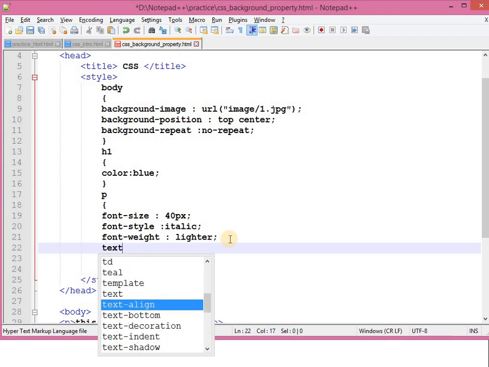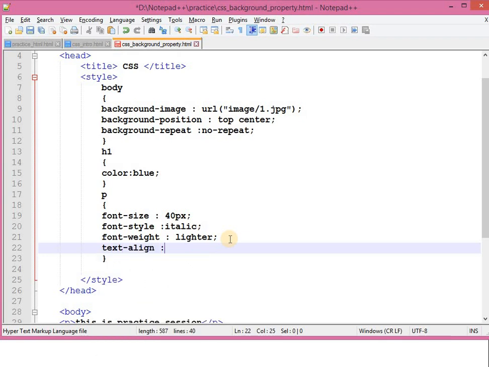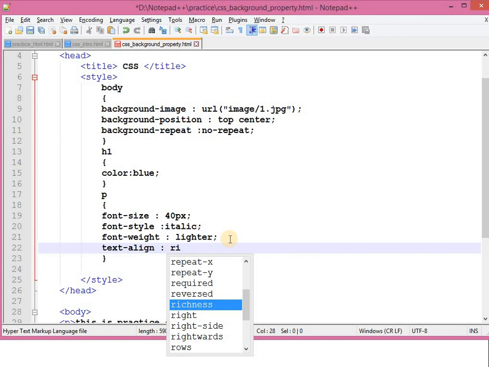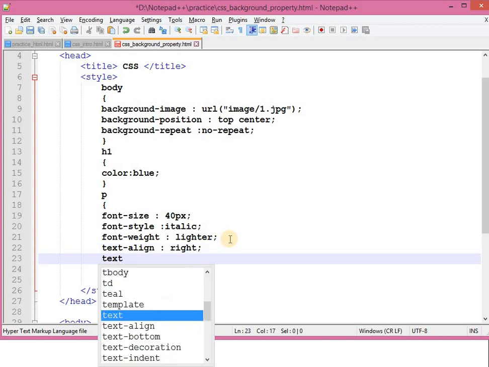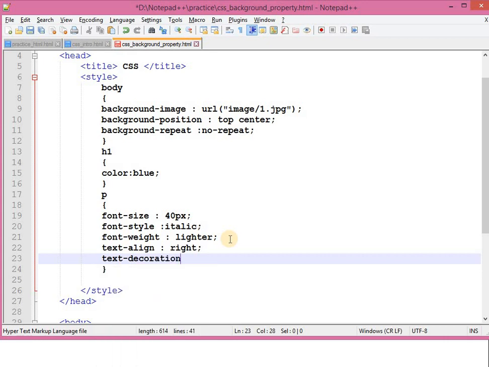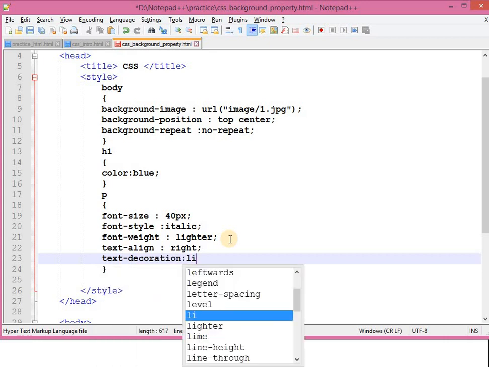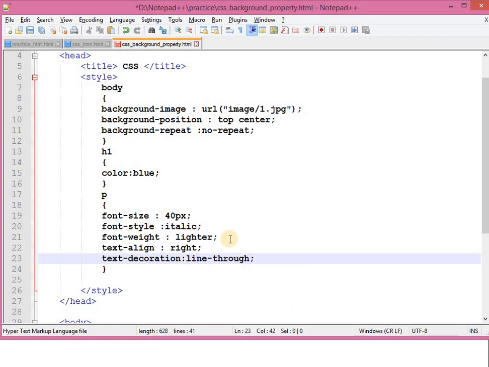Text align, I want it on the right side. After that text decoration, and I want it line through. This is not generally used.